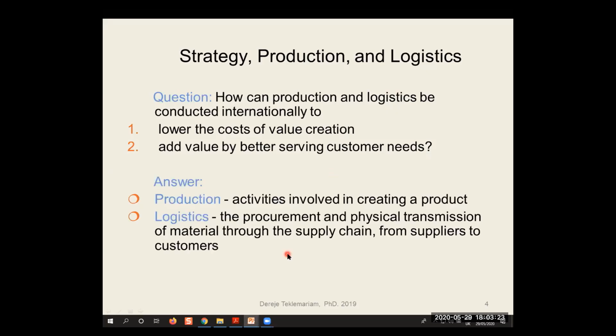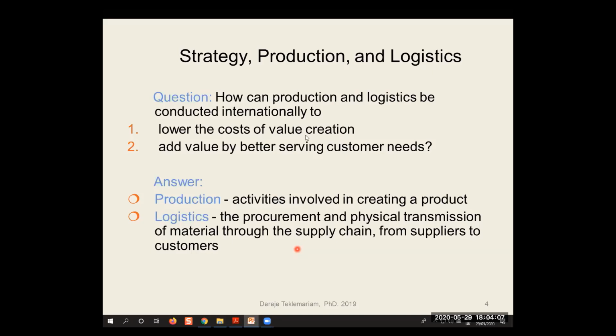So the answer really needs to first see production, and first look at what logistics is. When you say production, production really involves the creation of a product. Once the product is created, we can still add value. For example, the first addition is in terms of packaging, or in terms of providing an informative packaging system, or the second value could be transporting the product to a convenient location for the buyer. So production plus logistics gives us some kind of value creation to supply to the users